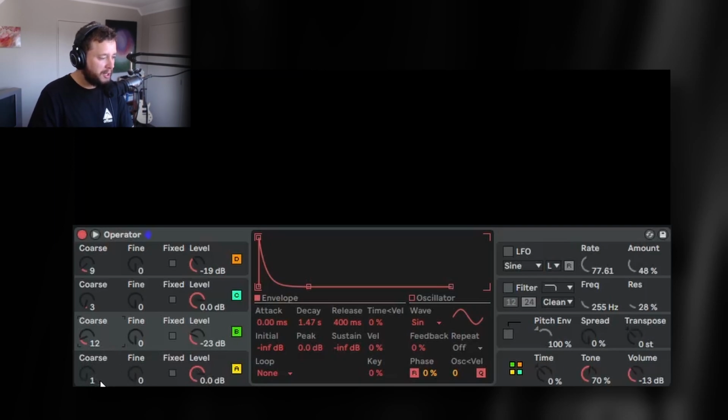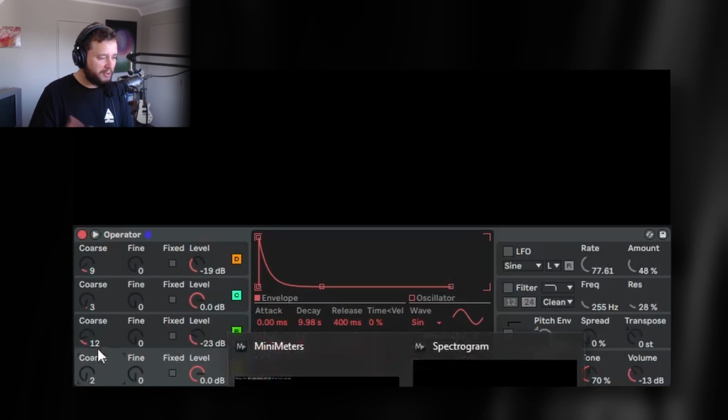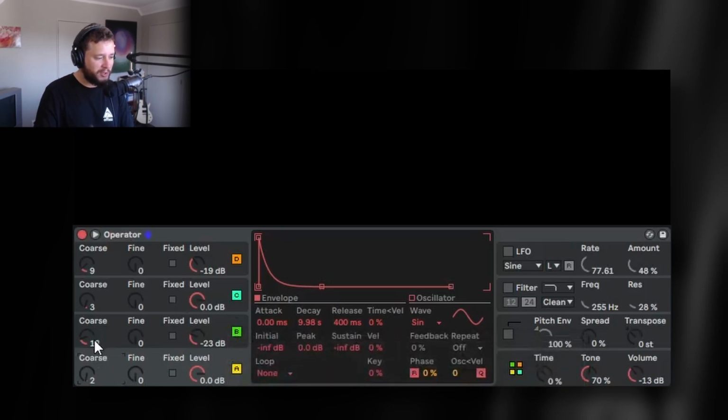And so a ratio of 1 to 6 would be, you know, we could change the bottom oscillator to 2, so that's 1 to 6, or we could change it back to 1, and then change our second one to 6. Hope you're following along with that. So yeah, don't think too hard about ratios and the mathematical relationships. Just pay attention to the values you've set and the sound you're hearing, and you'll get the hang of it